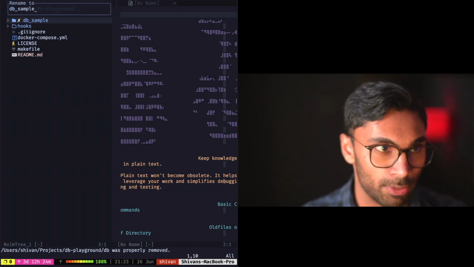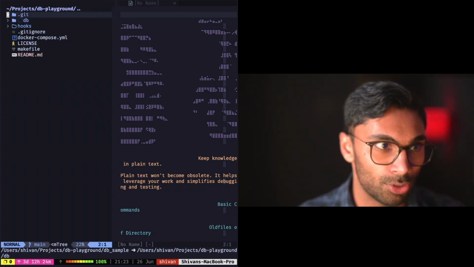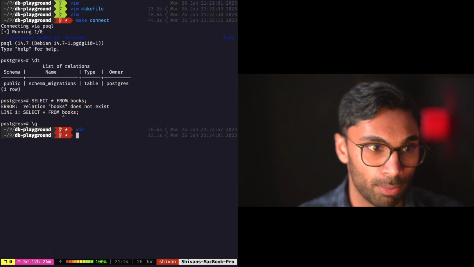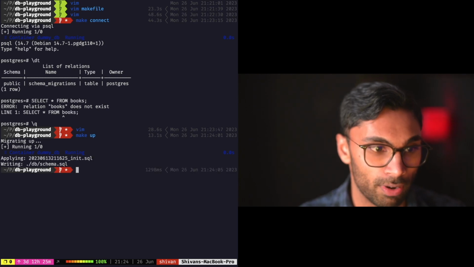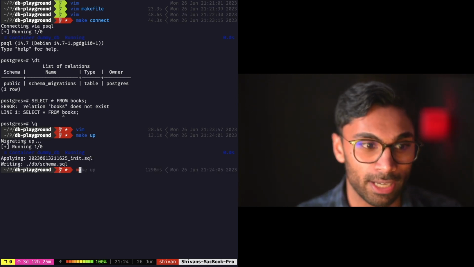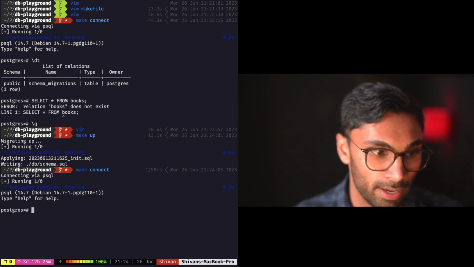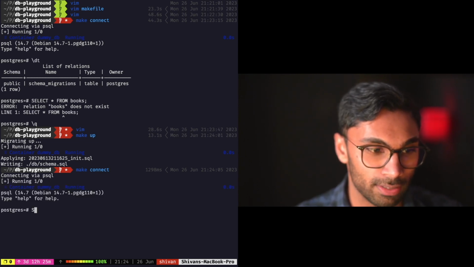And if I just rename this to DB, you see that it just moves those files over to DB. So I should be able to run the migration. So if I go make up, it's going to run the migration. And let's connect to our database to see if it actually created those tables. So if I go make connect, and if I recall, I think it's select,